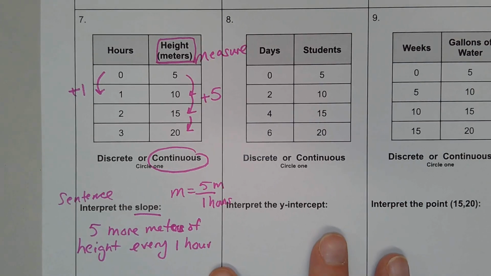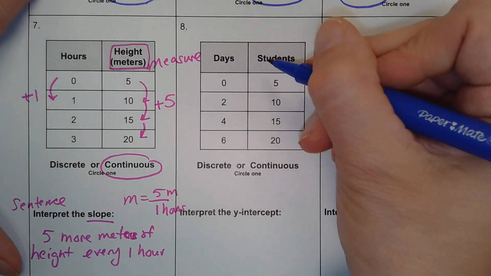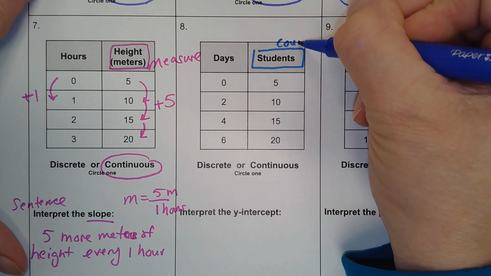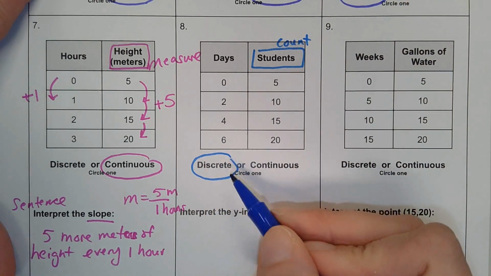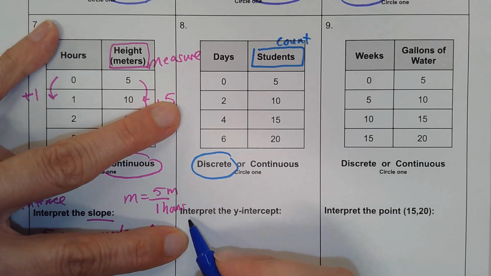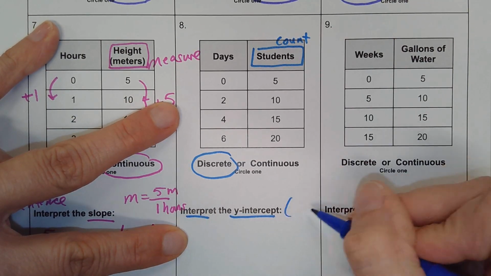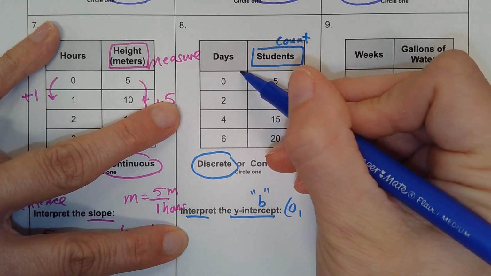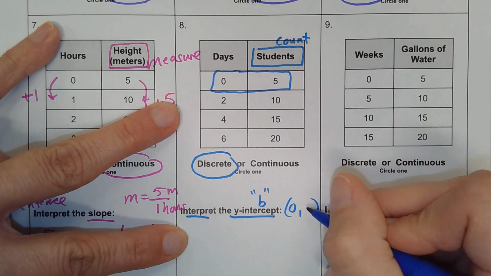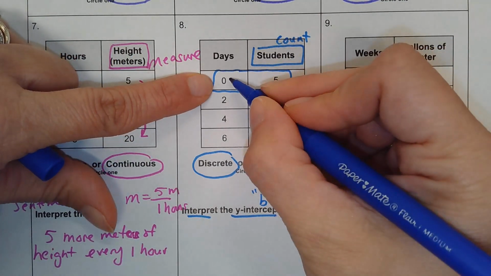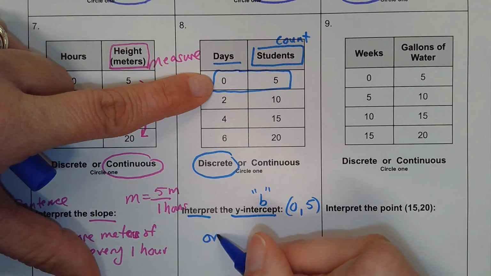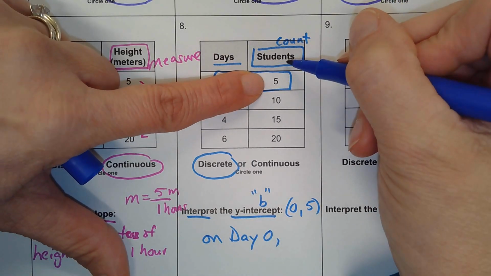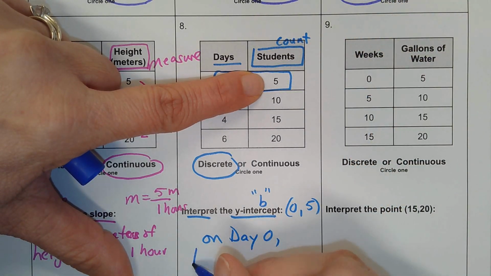Okay, let's go take a look at the students. Now these are students. Since we count the students, we are calling this discrete. They want us to interpret the y-intercept point. Remember, a y-intercept has to have a 0. So this is the point they want me to explain. The 0 goes with days, so I'm going to say on day 0,